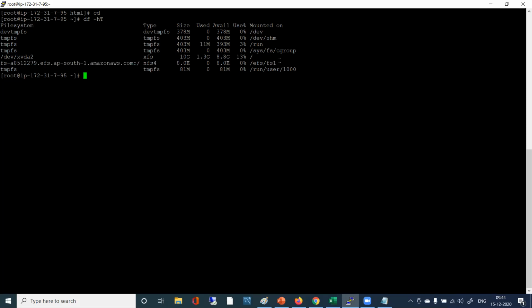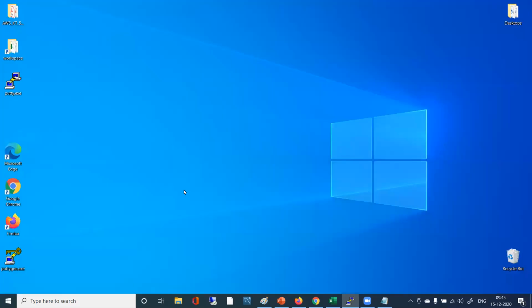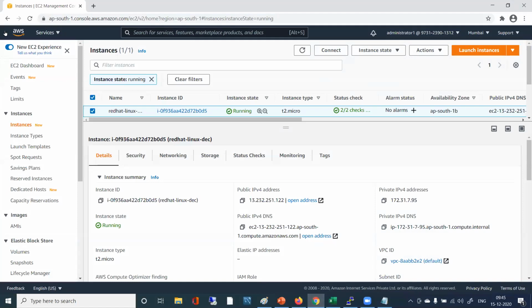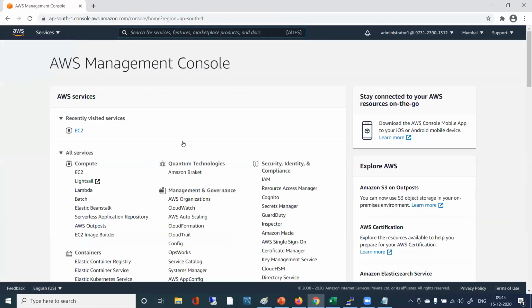When we started doing that installation of our virtual machine, before that, initially when we created that security group, that time we went to AWS services and here we went to search.